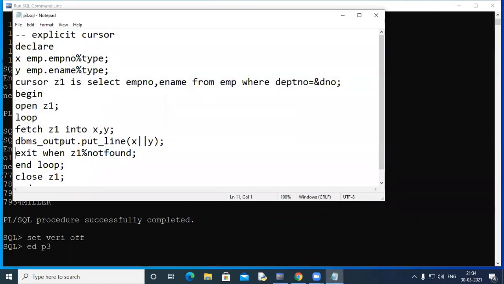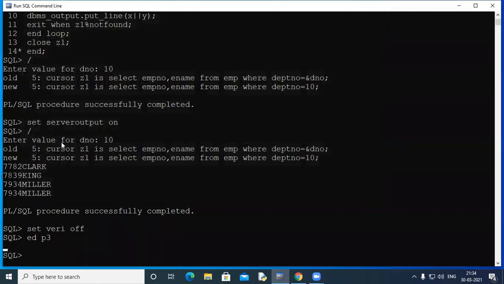Before you actually print, you see if the last fetch has not picked up any rows, then it should exit. So this would be the correct way of doing it. First you fetch, then you see whether fetch resulted in something. If not, then you exit. Otherwise you print something. A better way of writing. This won't get the repetitions.